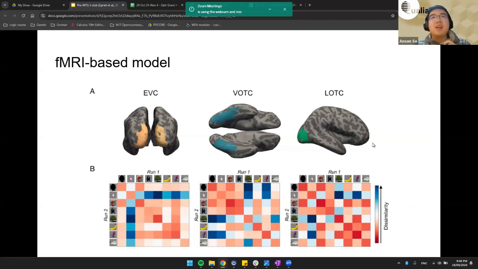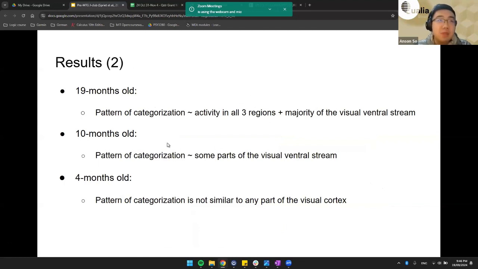And what they have found was that for 19 months old, their pattern of recognition, that's their dissimilarity matrix, aligns quite nicely with the fMRI dissimilarity matrix in all 3 regions, and also the majority of the visual ventral stream, which is used to process